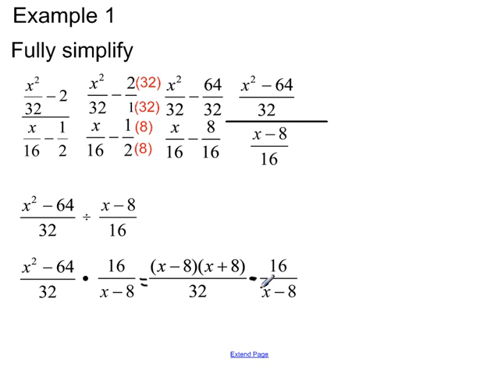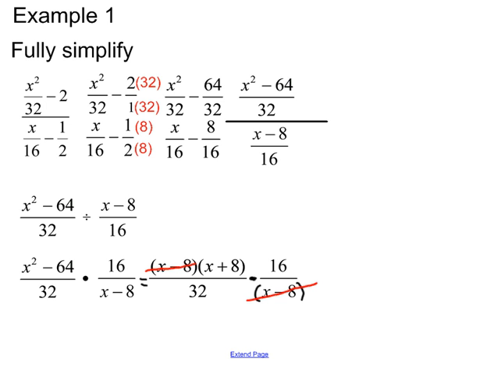Now, since you're multiplying here, you can cancel out x minus 8 with x minus 8. You can do that when you're multiplying. If this was an addition sign, you can't do that. Please keep that in mind. Okay, don't confuse multiplying fractions with adding fractions. So this cancels out with this,